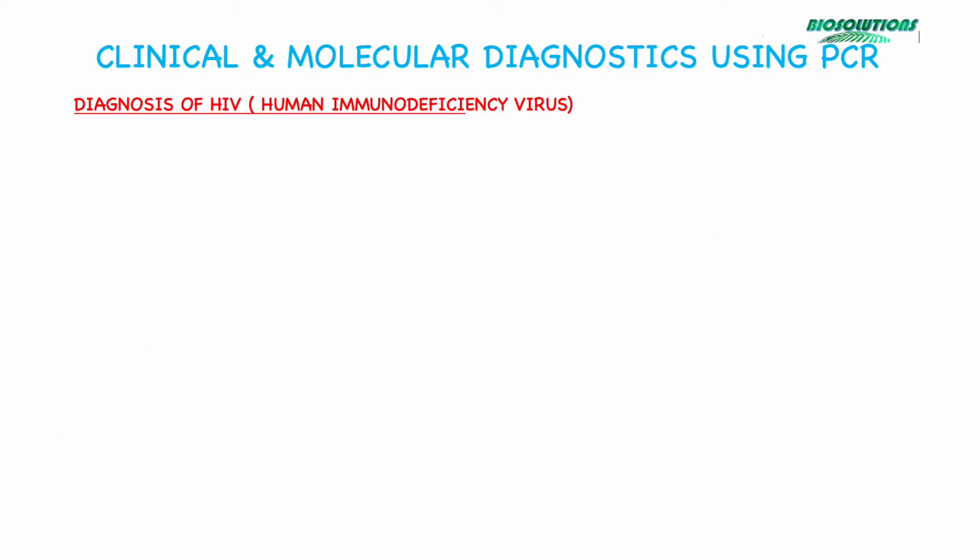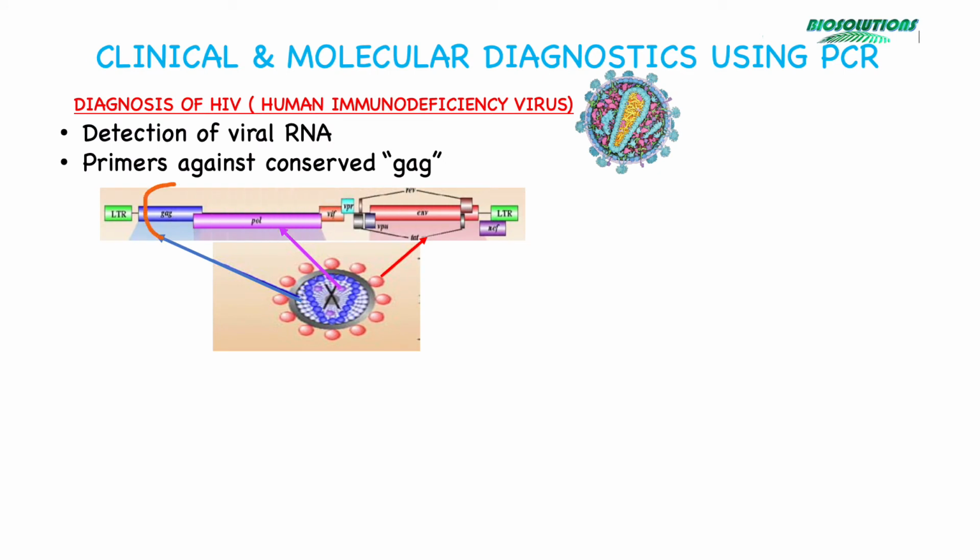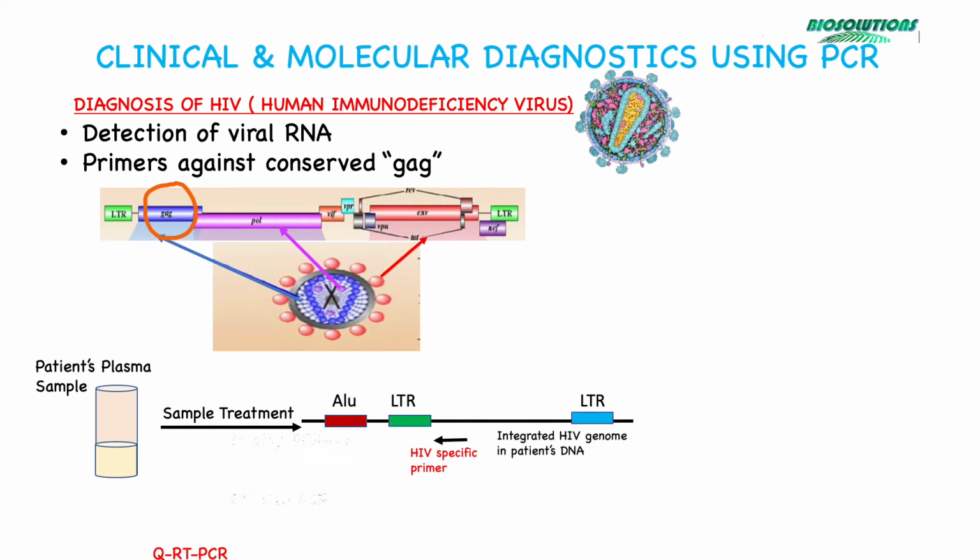For human immunodeficiency virus or HIV diagnosis, RT-PCR test detects the presence of integrated viral RNA, which is the genetic material for HIV. In the first step, nested PCR, reverse primer is designed for the conserved regions of GAG gene, whereas a human ALU repeat sequence is targeted by the forward primer. This product is then used for the second step RT-PCR, where a forward primer against R region of HIV-1 and a LTR-U5 reverse primer amplify the viral cDNA.